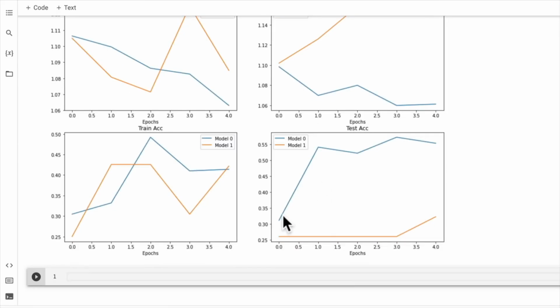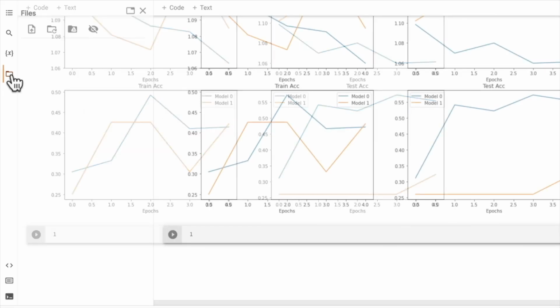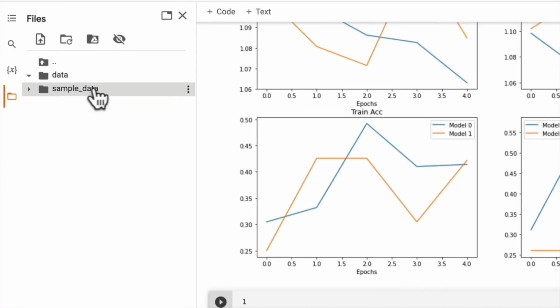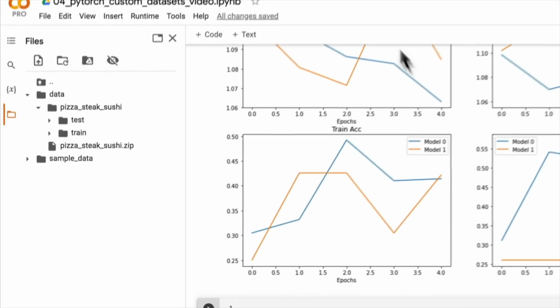So give that a shot. In the next video, let's see how we can use our trained models to make a prediction on our own custom image of food. So yes, we used a custom data set of pizza, steak, and sushi images, but what if we had our own? What if we finished this model training and we decided, you know what, this is a good enough model, and then we deployed it to an app like